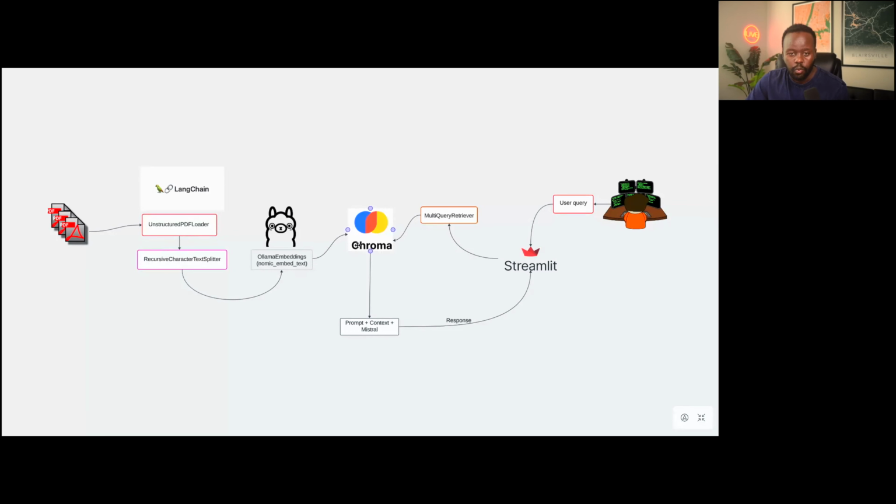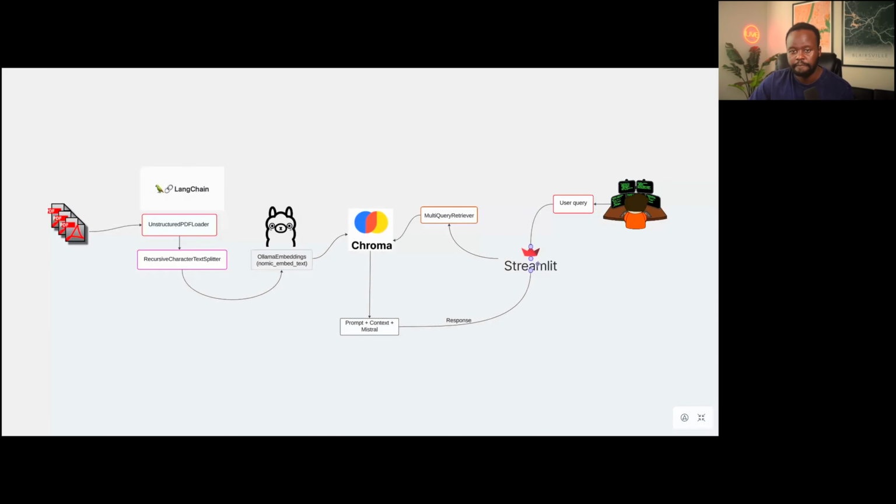Once that's stored, we go back to the user now. The user, which is you. You put in a query now to chat with that PDF, right? You tell it, hey, maybe summarize this, or what is the main concept? What are the takeaways from this entire document? And so you'll write that query on a Streamlit app. This is the face of the actual application. So you'll type in an input box, hey, what are the main takeaways from this file, and